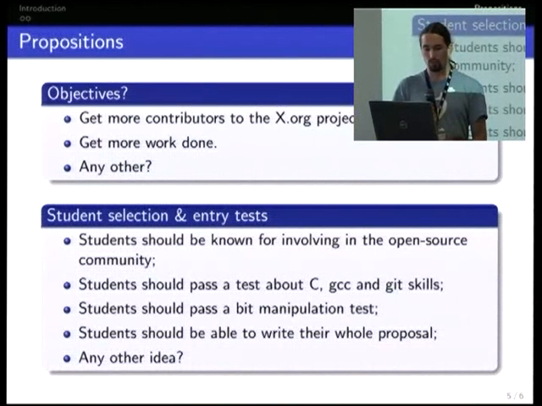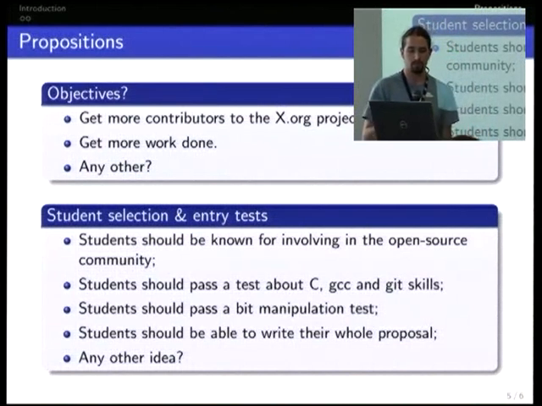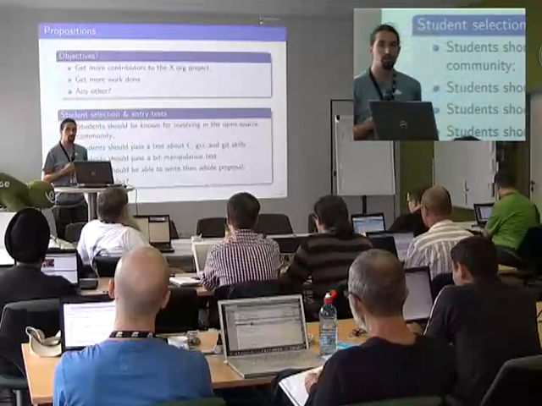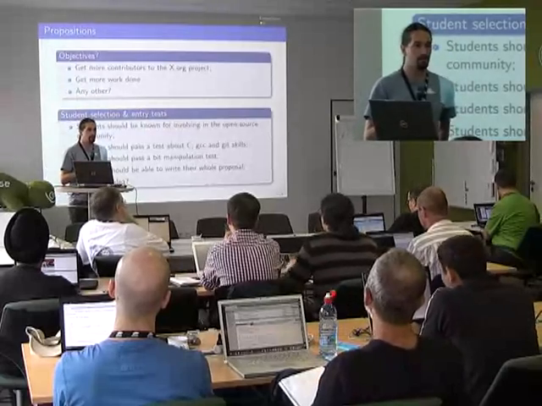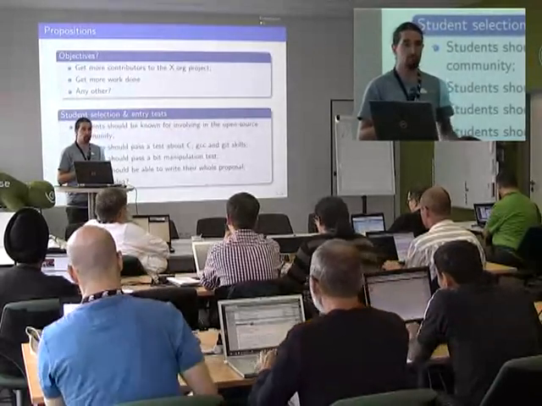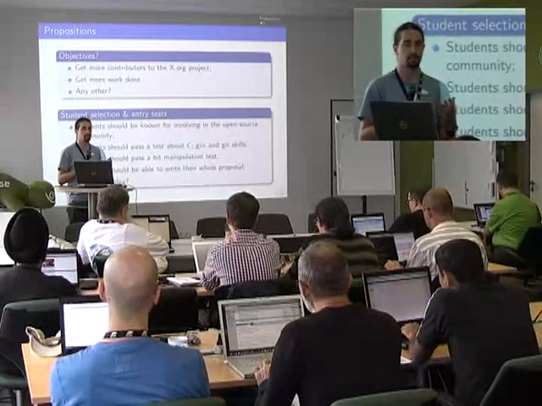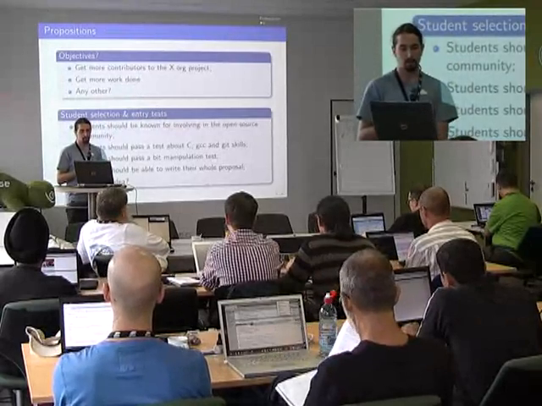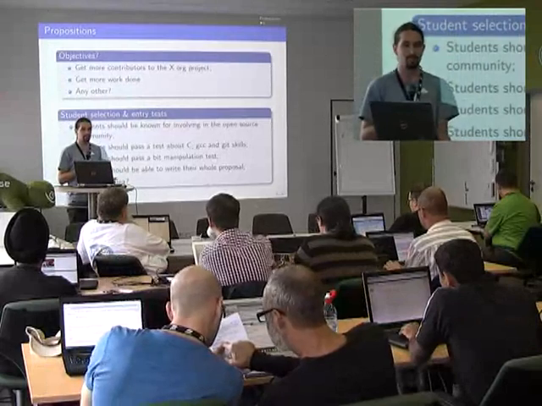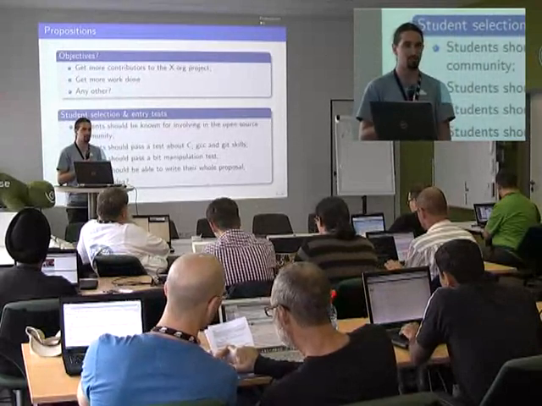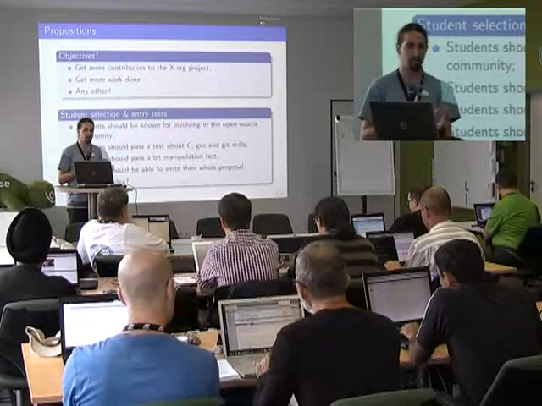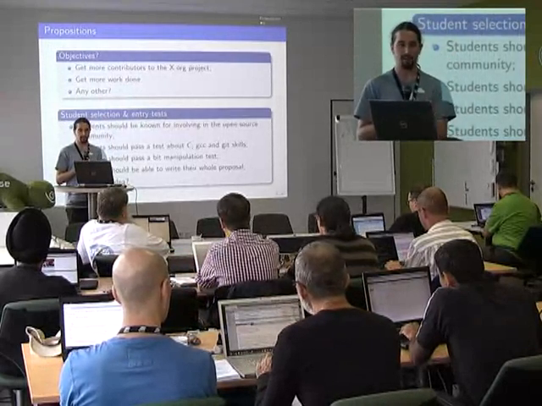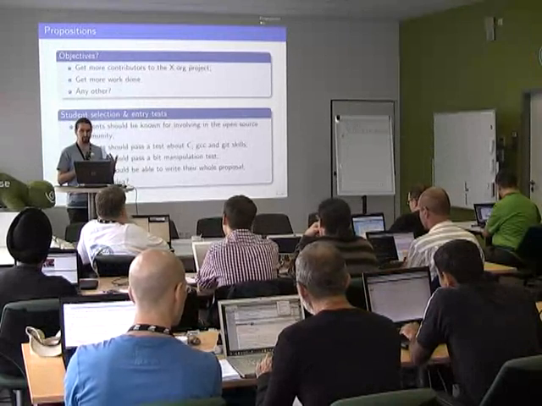When we were discussing, one thing that seemed really important was that students should already be known for being involved in the open source community. So either by having at least one patch submitted before applying for the EVoC, or just being in one community, and showing that the student is not here for the money, but because he wants to learn and wants to participate in this project, which is maybe one of the most difficult ones to get into, because it's very difficult to learn everything up front, and you cannot do anything unless you've learned about most of the bricks of the project.